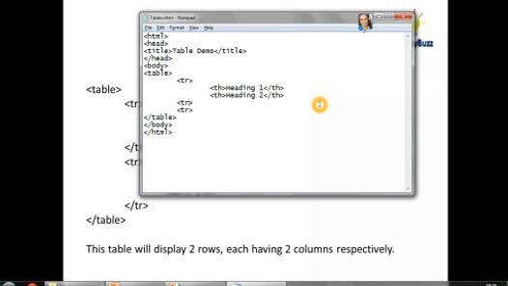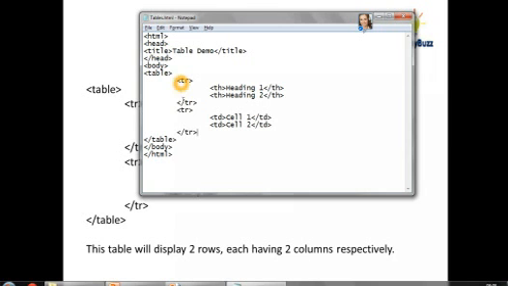Another tr tag, let's close the first one, td. Now cell 1, close the cell. Now the tr.